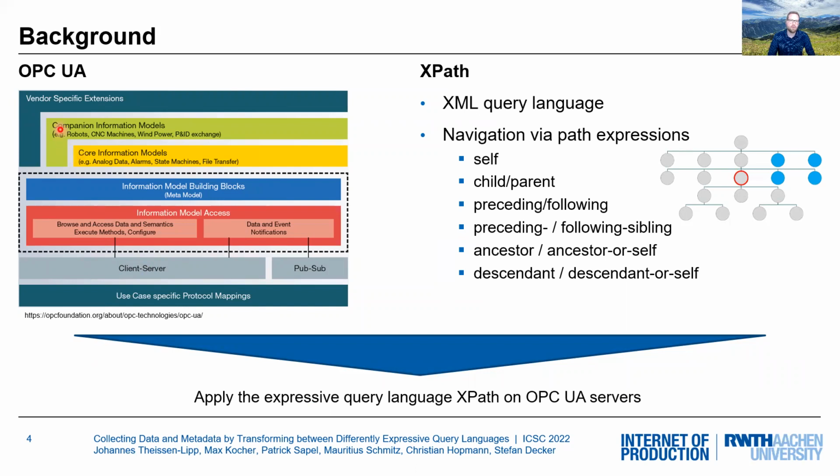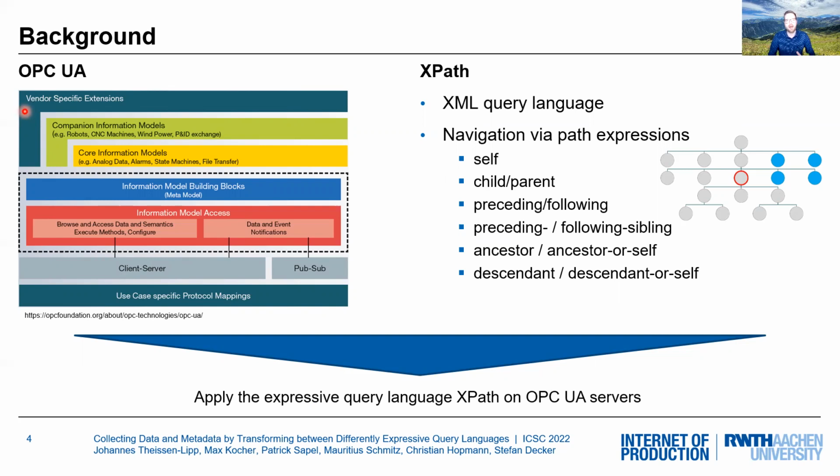Then they have companion specifications. For example, there is the Euromap that specifies node structures for plastics processing. And then on top, there are also vendor-specific extensions, which really are some pain in everyday work, because when you get machines from different manufacturers, they probably have different vendor-specific extensions, which make it really hard to have a uniform